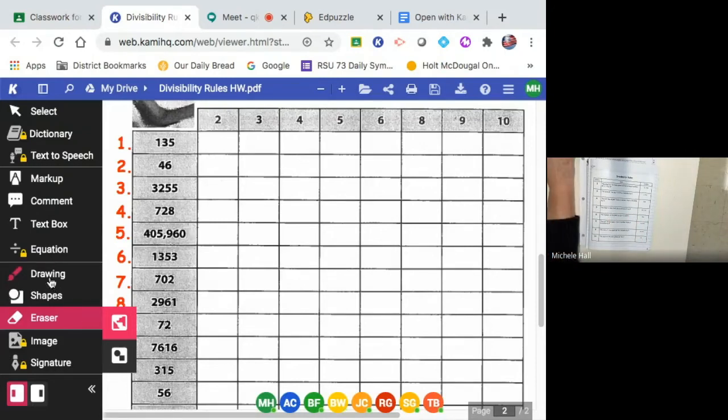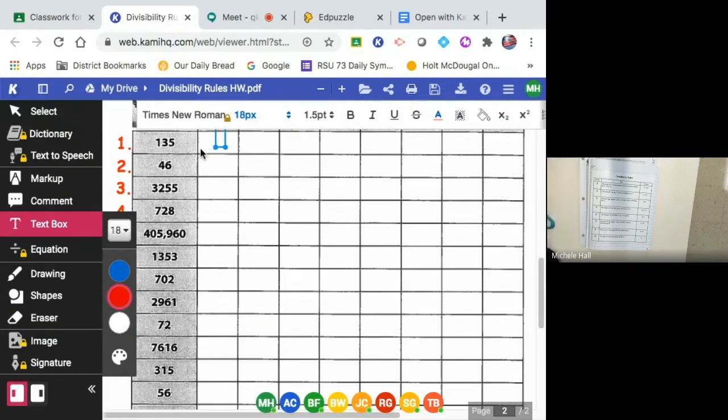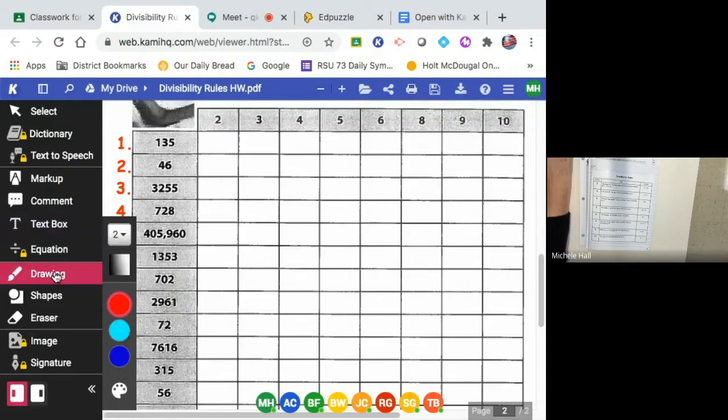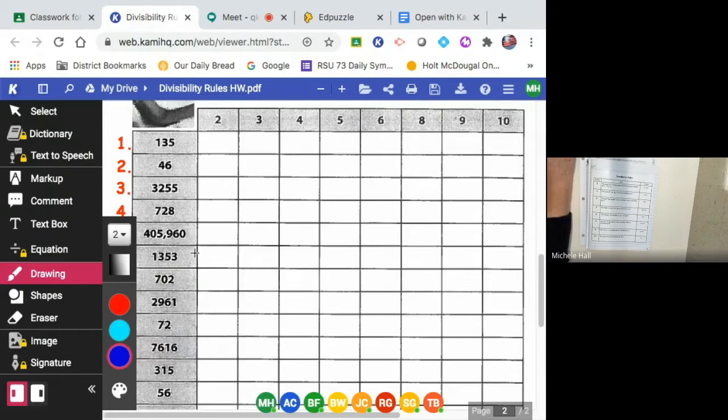All right, here we go. I'm going to use the drawing tool. Normally, I would use a text box. If I clicked on that and then I clicked on the page, it's going to ask you to make a copy. Okay, I'm the owner of this, so it's not going to ask me. Normally, I would use text box for things, but because we're just trying to put a check mark in the box, I'm going to go with drawing. I want you to pick a color that's not red. Please never use red on this in a text box or anything. Pick some other color because I correct in red. And then when you click on your paper, it's going to ask you to make a copy. So go ahead and do that. Make a copy of it, and then we're going to start.